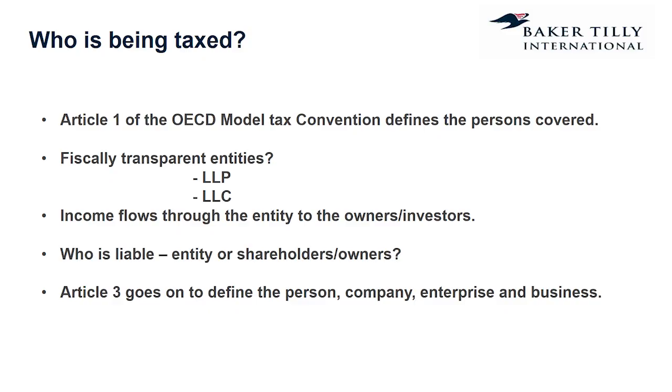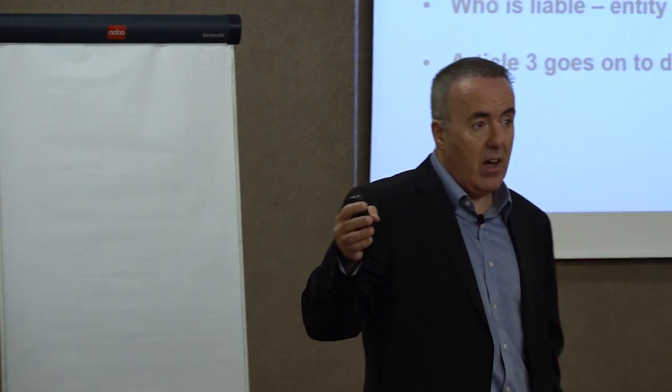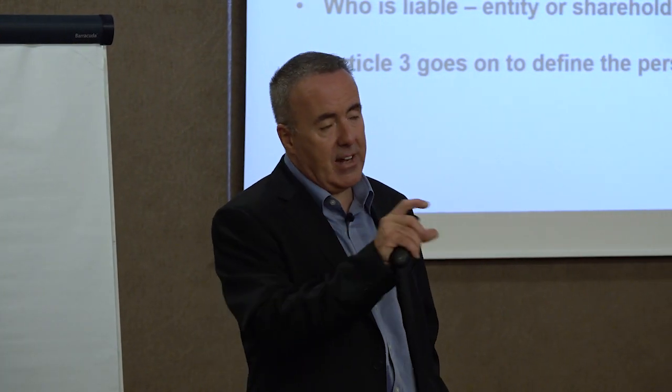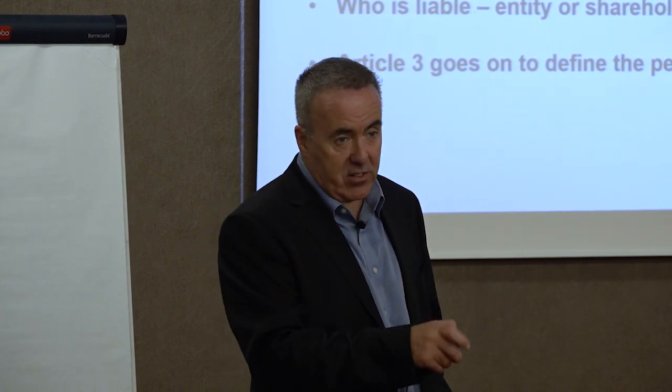And another part in this is, again, when you're looking at any form of international structuring, you've got to think about who it is that you're going to end up giving the tax liability to, because you've got different choices about the structures that you can use. The double tax treaties all talk about who the entity is that's being taxed, and they identify the entities that we need to take into account in working out how the provisions of the double tax treaty apply.